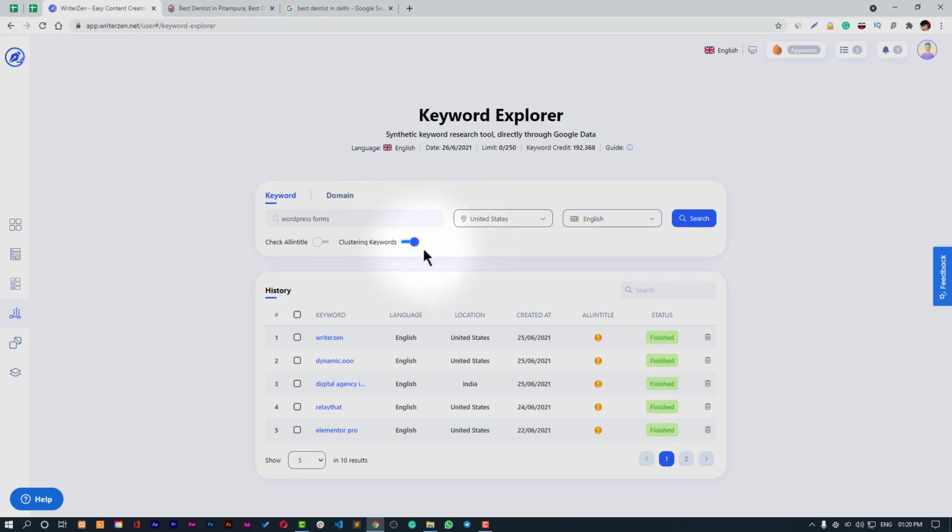Every time you enable any feature, it will use your credits. So make sure you use them when you need them, so you are under the limit in your monthly limit. If you don't have the AppSumo lifetime plan or any other plan, you may have different credits depending upon the plan limits and all that. These are shown here as well, and let's search for it.